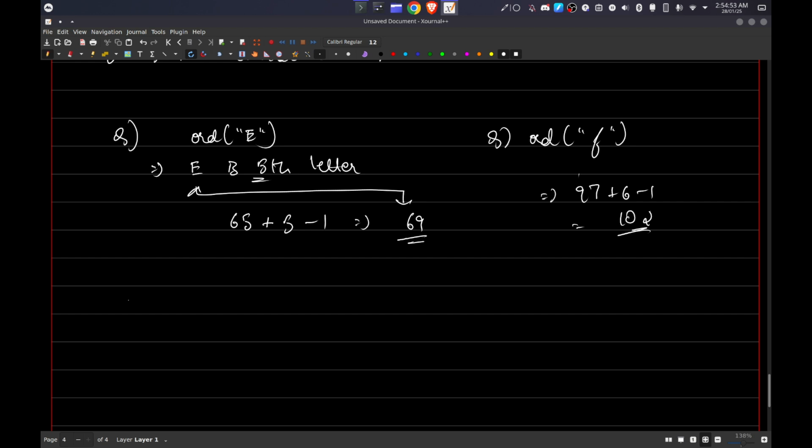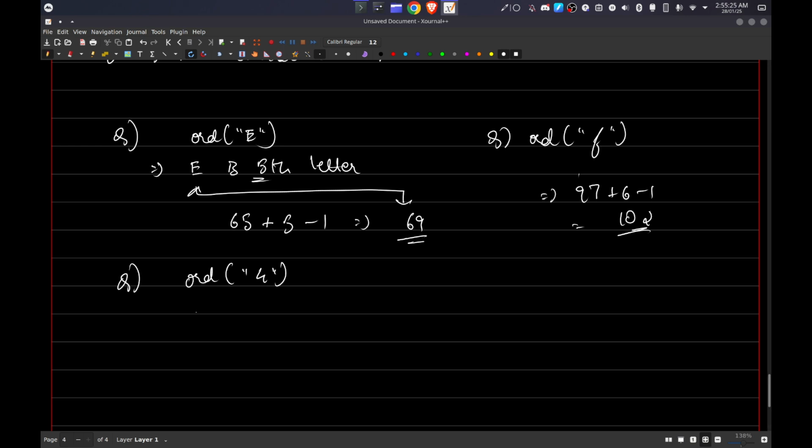Number starts with 0, correct? So when you count 1 2 3 4 5, you're counting correctly, you're not including the 0. If you're including 0, that time it would be 0 1 2 3 4 5. So 5 will become 6th, 4 will become 5th, never mind. So what you're doing here with 0 to 9 is you're counting correctly. So that time what you do is, if I do ordinate of